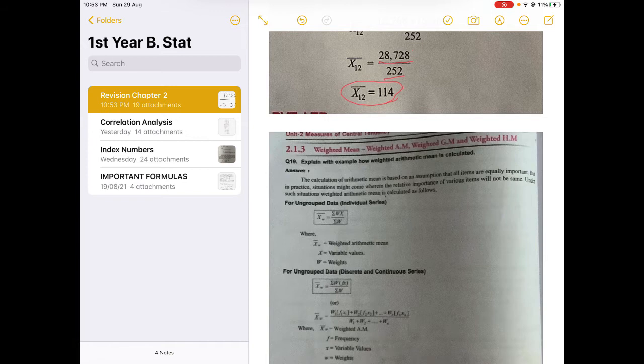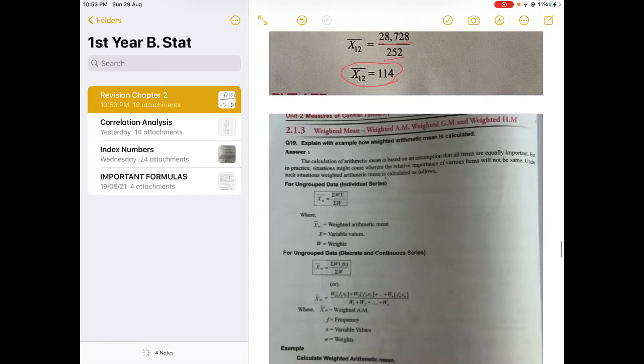It's a weighted mean problem where we have certain weights for each category. So now, for example, when we are calculating the average expenditure of a household, certain categories carry more weight, like food expenditure, rent, or interest payments. So certain things have greater importance and certain things have lesser importance for each category. So things which are of greater importance will be given higher weightage, and things which are less important will be given lesser weightage.